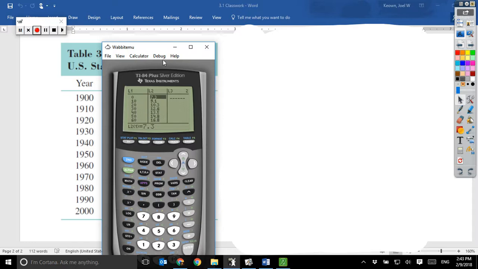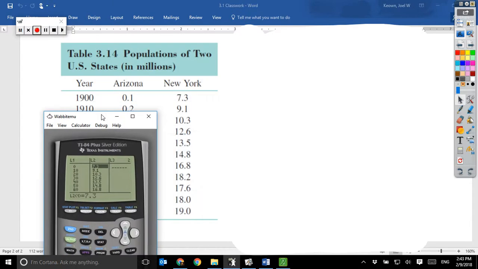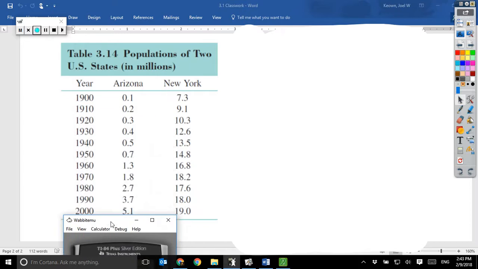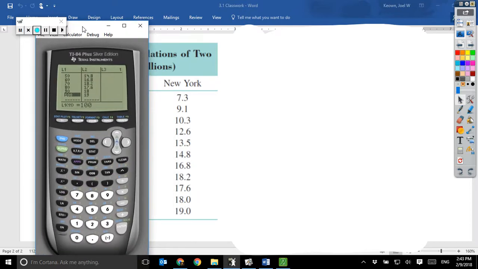So obviously 7.1 isn't 7.1 people, it is 7.3 in millions. So 7.3 is millions, 0 is actually the year 1900. And so as I go through my list, I keep going and I end up at year 100, which is 2000. Okay, so I put my data in, so my years in L1, my population of New York in L2,